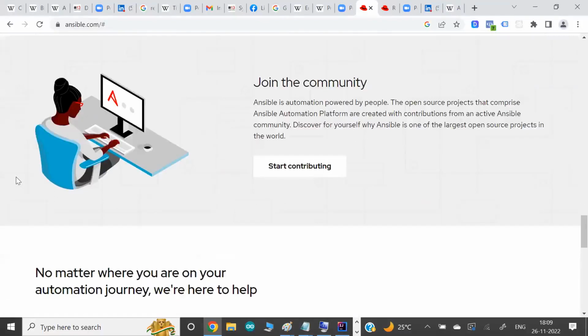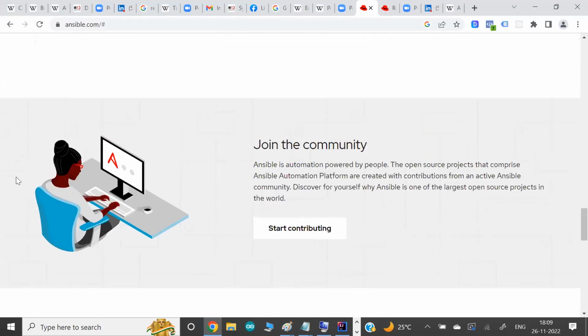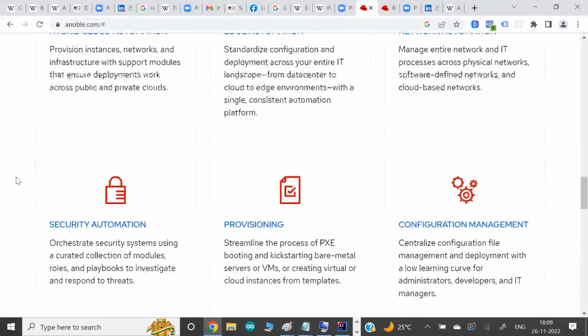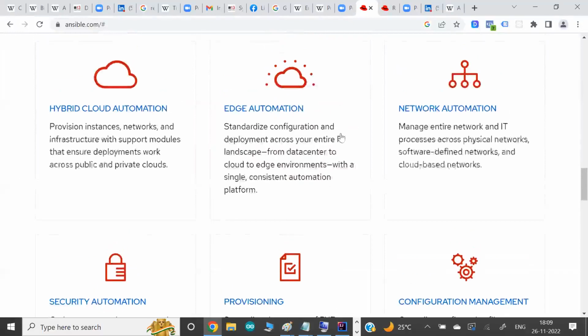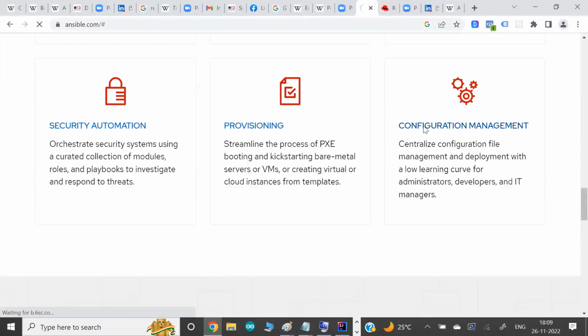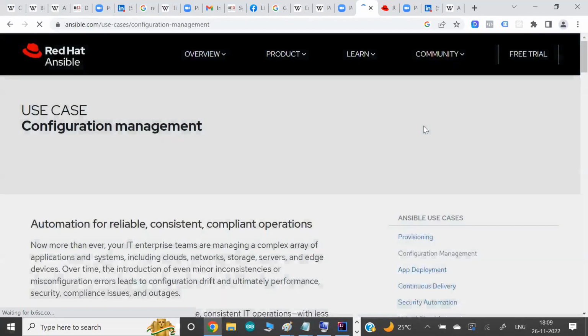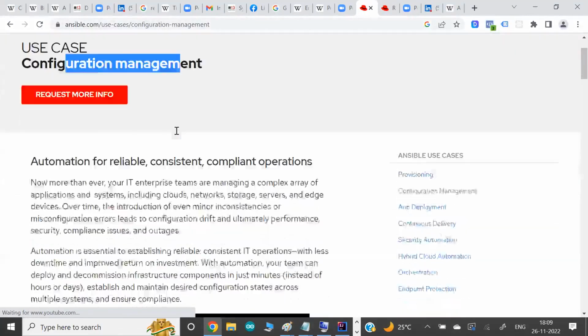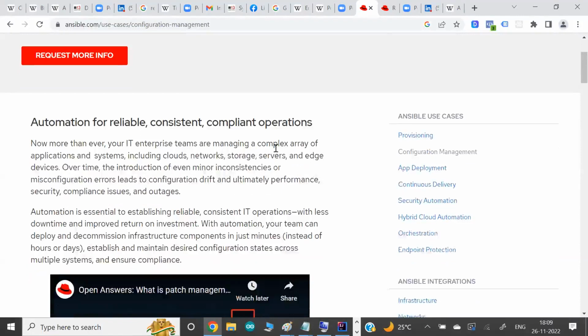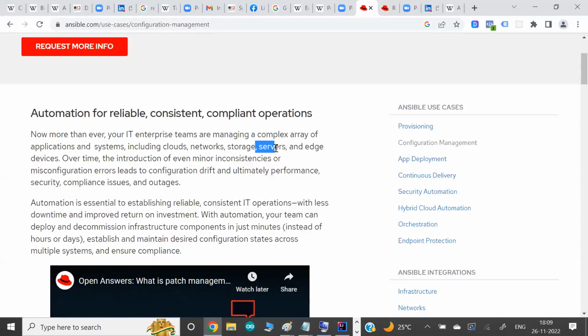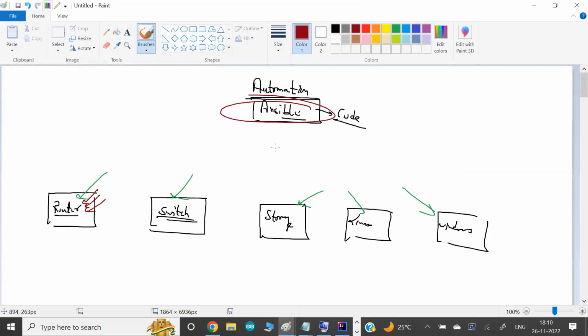What are those? I don't want to discuss that in the first class. As we progress, I will give you lots of examples and practicals, and slowly we'll understand what other automation Ansible can do. But right now I wanted to go for the core main use case of Ansible. That's called configuration management, where you have a lot of servers and you want to configure the servers. How? Automatically, with intelligence. This is what I would like to invest some time on.